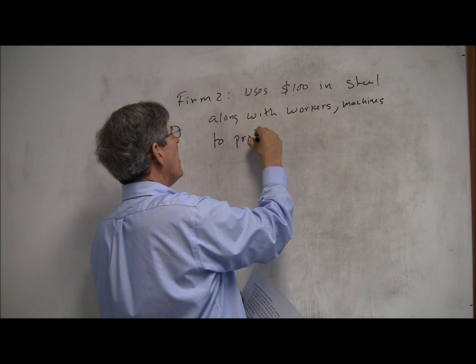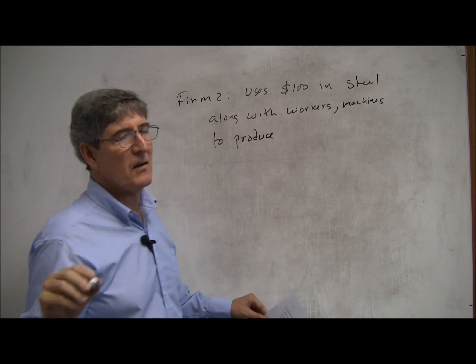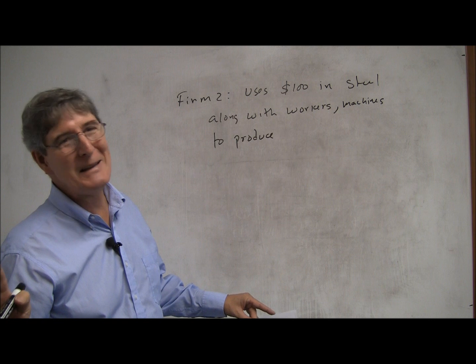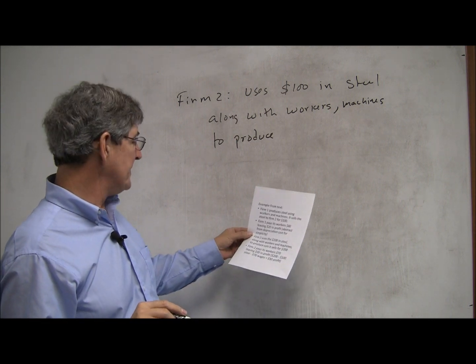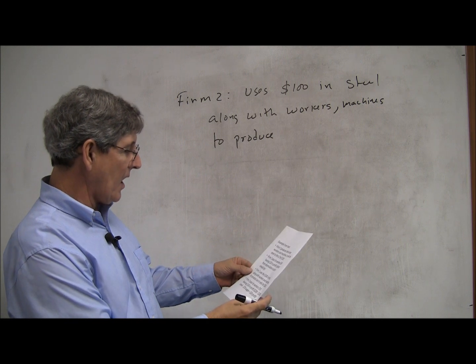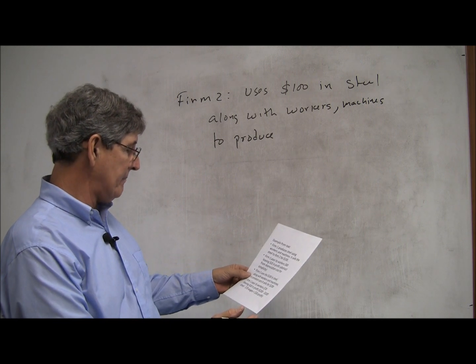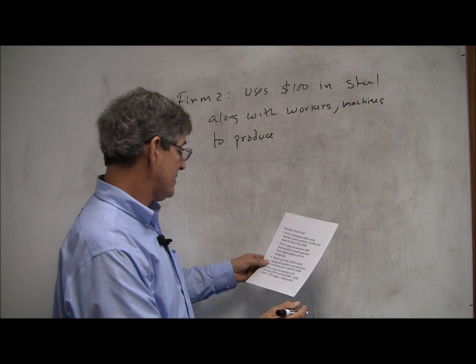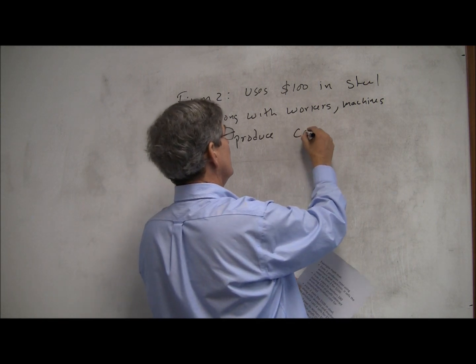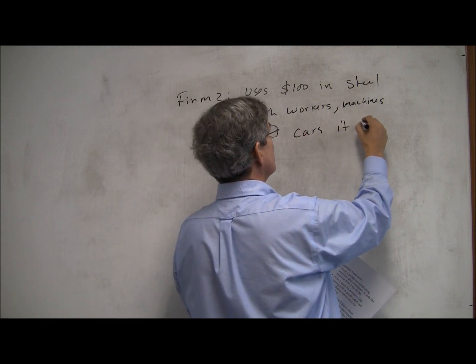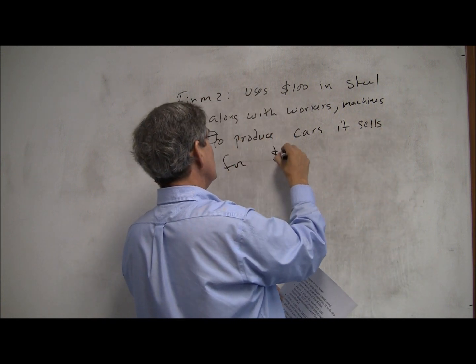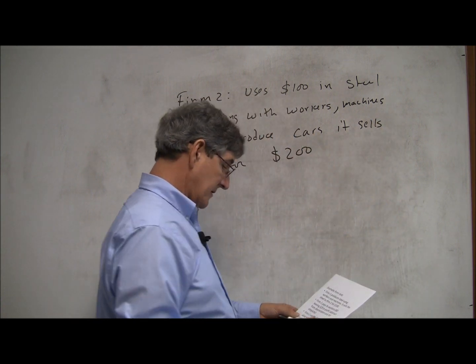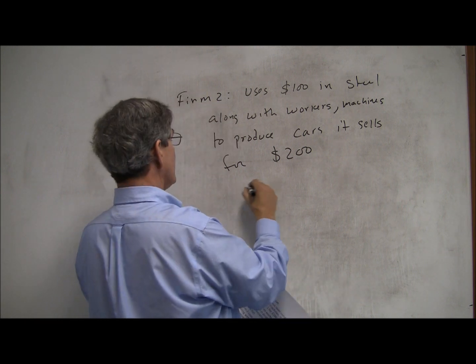Now cars have a lot more inputs than just steel, but we're making it simple. So the only thing they need is steel. Just for the example, that's fine. In the real world, this would of course be a lot more complicated, but it would work out much the same. Along with workers and machines, to produce cars, it sells for $200. Okay, it pays workers